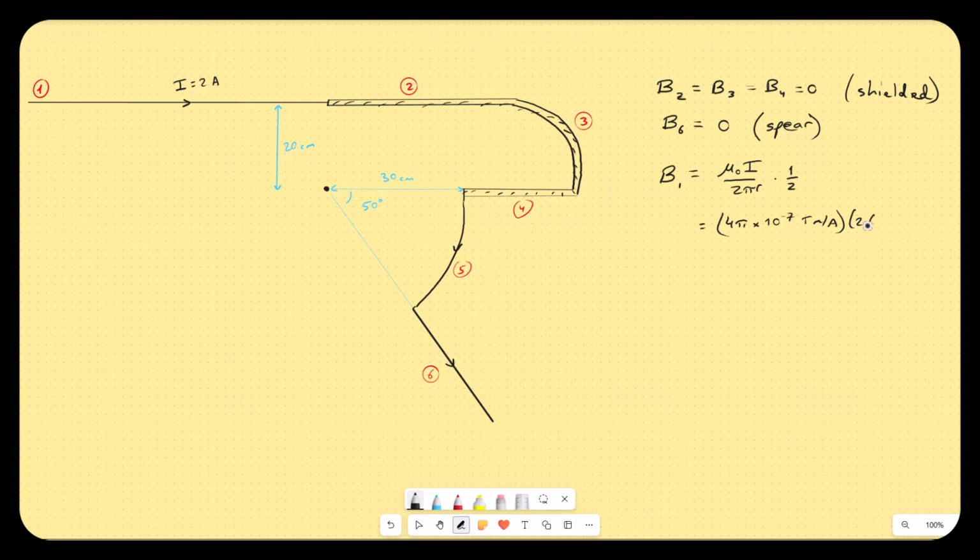My current is 2 amps over 2 pi times my distance, which is 0.20 meters, 20 centimeters, and then all that times a half. That's going to give me 10 times 10 to the negative 7th, or 1 times 10 to the negative 6th